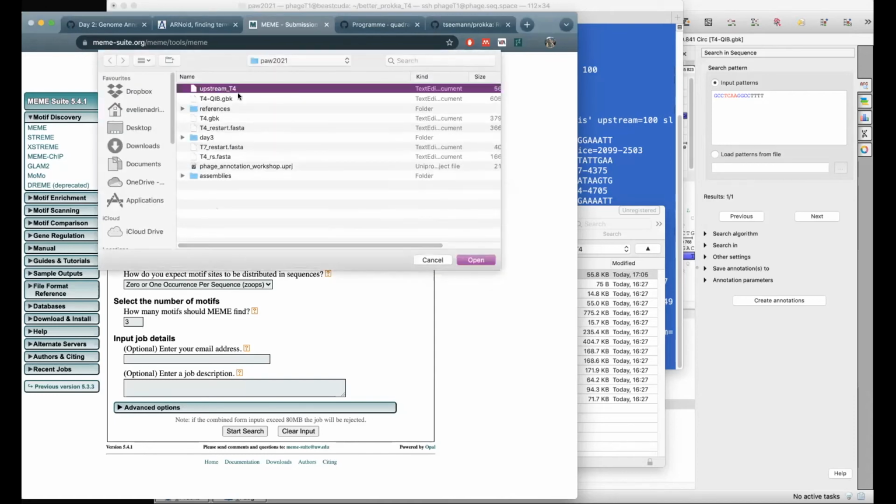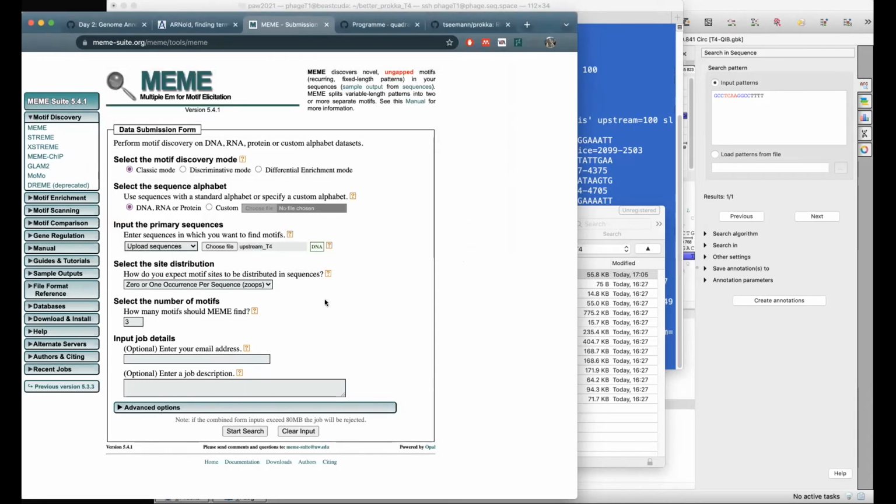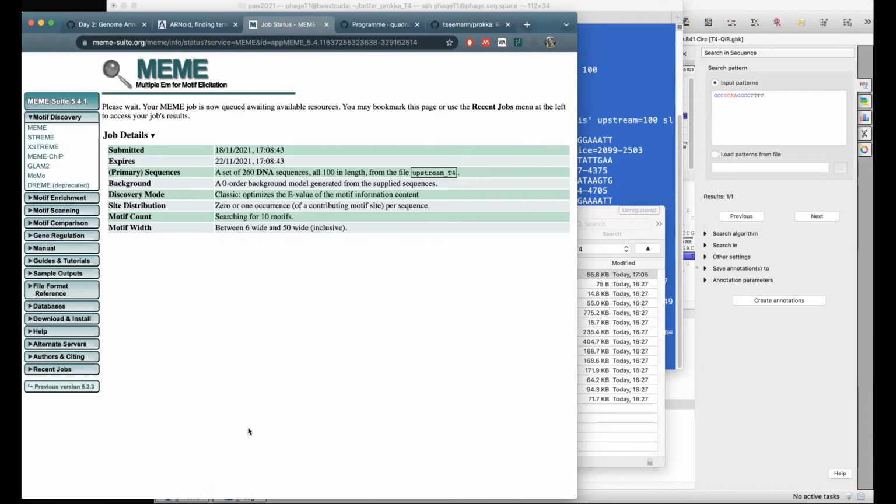Choosing my file, upstream. I want to look for 0 or 1 occurrence per sequence. MEME should find me 10 motifs. I'm not even going to bother with the advanced options at the moment. I'm going to start my search because I just want to show you what happens. In the meantime,